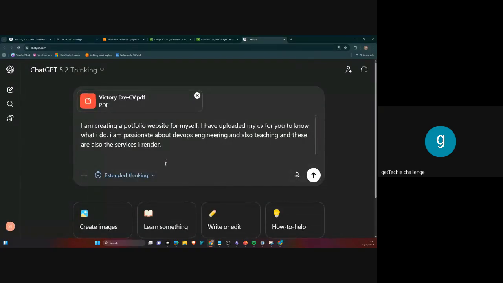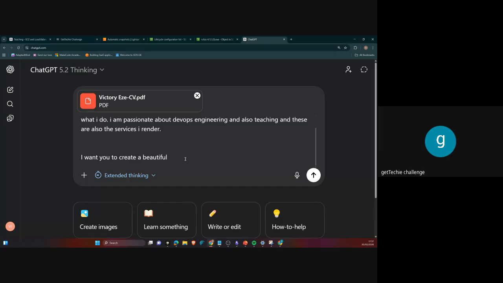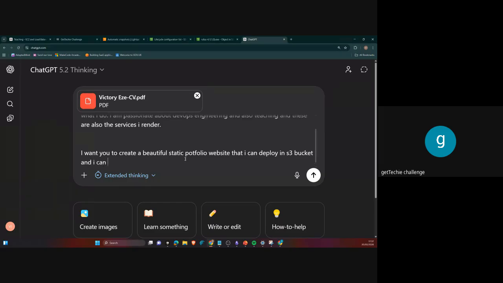Okay. I want you to create a beautiful static portfolio website that I can deploy in an S3 bucket, right? I'm deploying it on an S3 bucket, and I can showcase it to as many as care to see.